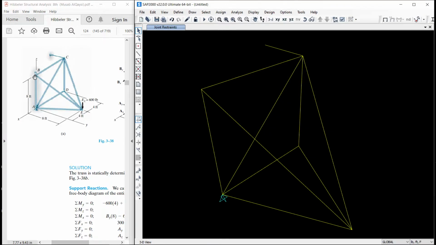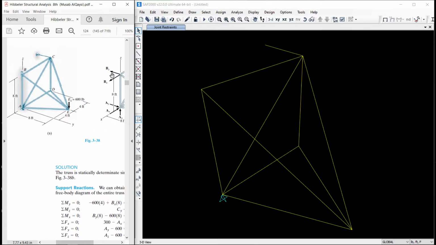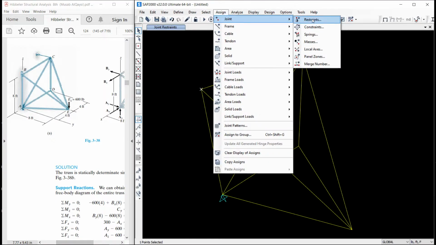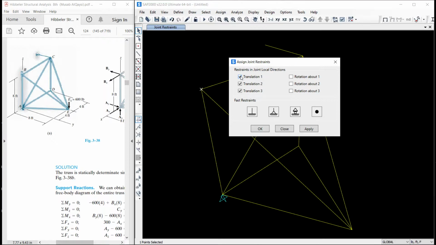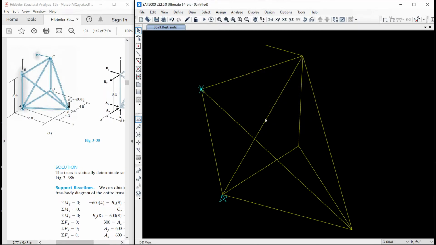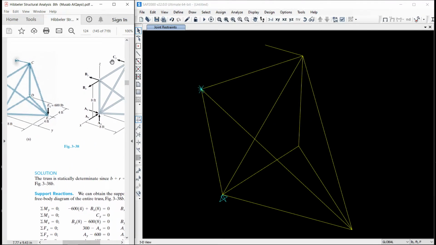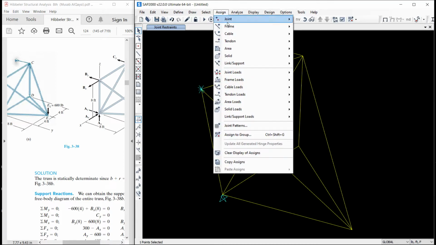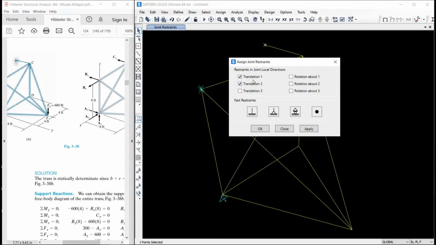Now point B, it is supported in 2 directions, X and Y. So this point, it will be assigned restraint conditions in 1 and 2, that is X and Y global. We will apply. Then this C, that point is supported only in one direction. So let us assign restraint conditions only in Y direction. Apply.